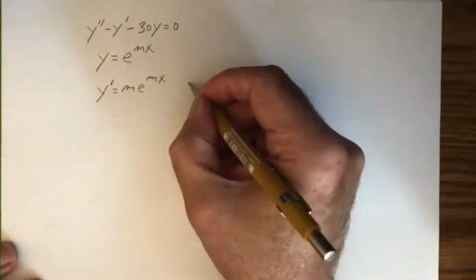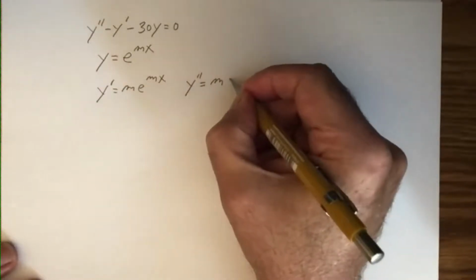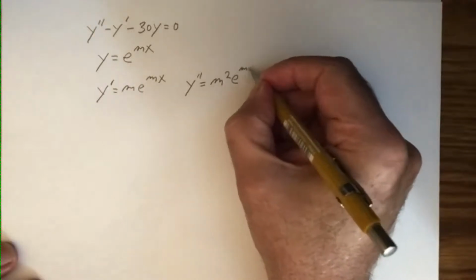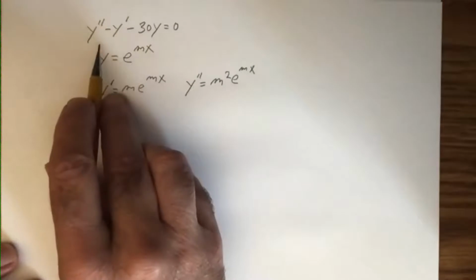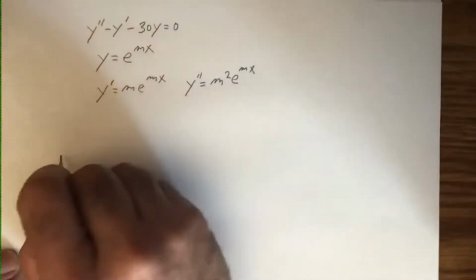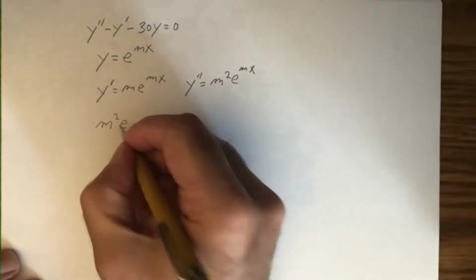And y double prime is going to be equal to m squared e to the mx, right? Now I'm going to substitute into this differential equation. So what I'm going to get is m squared e